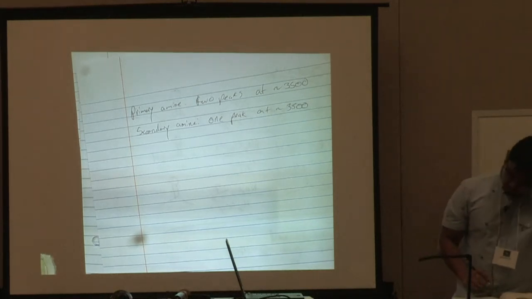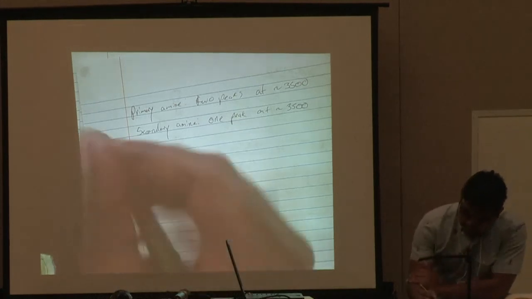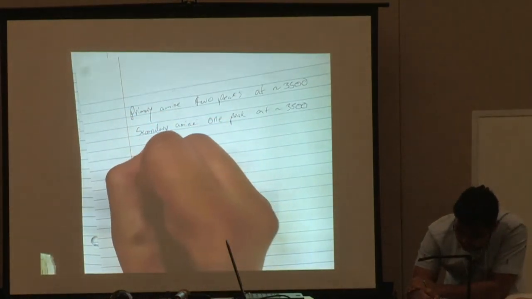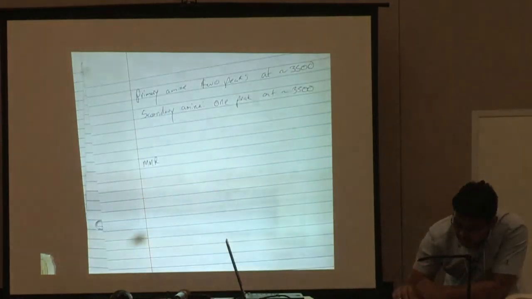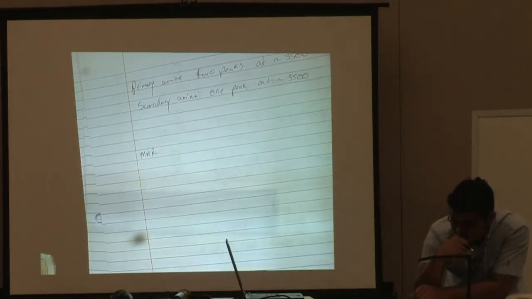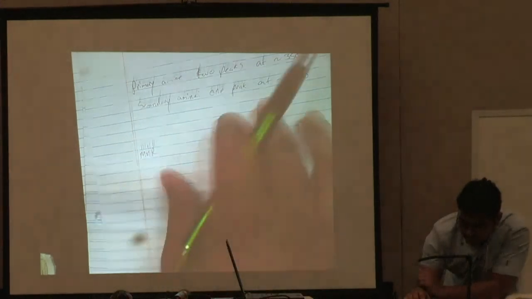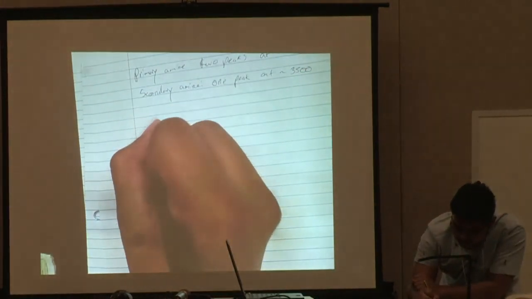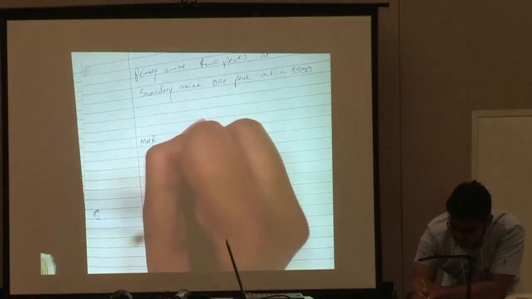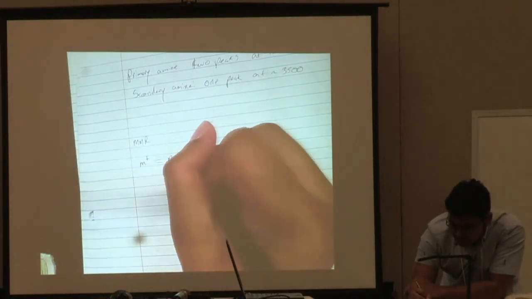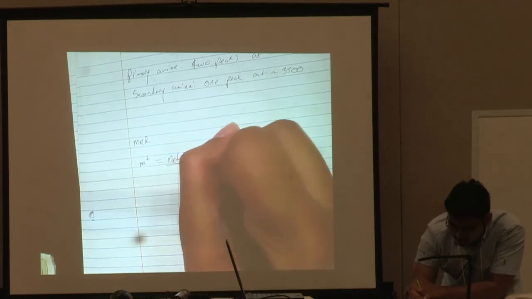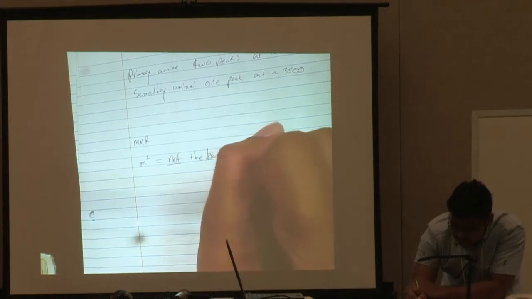I have about 4 minutes, so I'm going to rush through the rest. What you should know about MS is that MS and IR are used in conjunction with each other. IR tells you the functional group, MS tells you the molecular weight of the compound, pretty much. Your M plus, and this is a common misconception, is not the base peak. It's not your tallest peak, right? So your tallest peak,